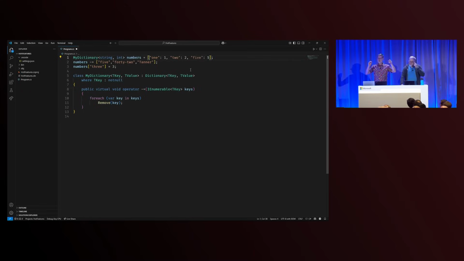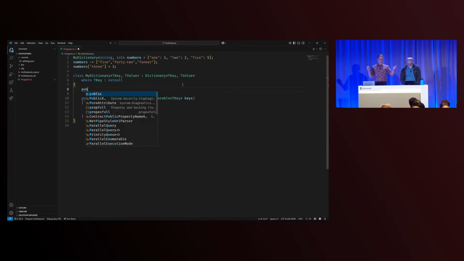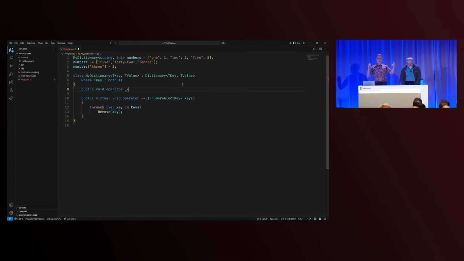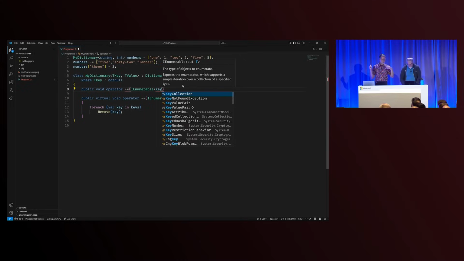If the target type has key value pairs as its element type, you're welcome to do that. When the target type also has an indexer, then it's a dictionary type, and we use the indexer when we put it in. Otherwise, we'll just call add if it's just a collection.